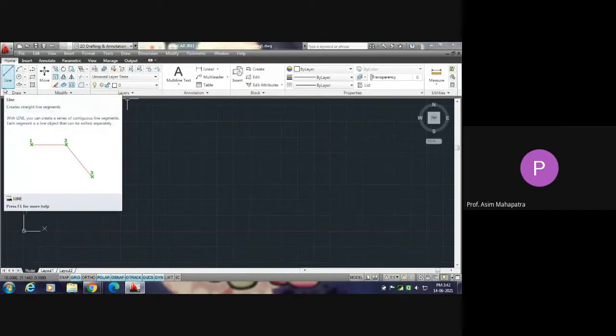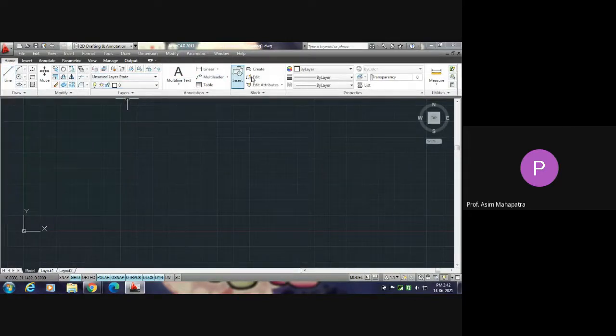Starting from that line command, there are several commands written here up to measure. So this group of commands is called the ribbon. If the ribbon is lost for some reason, it may be in hidden form, you can just type RIBBON and then enter. The ribbon will come back.